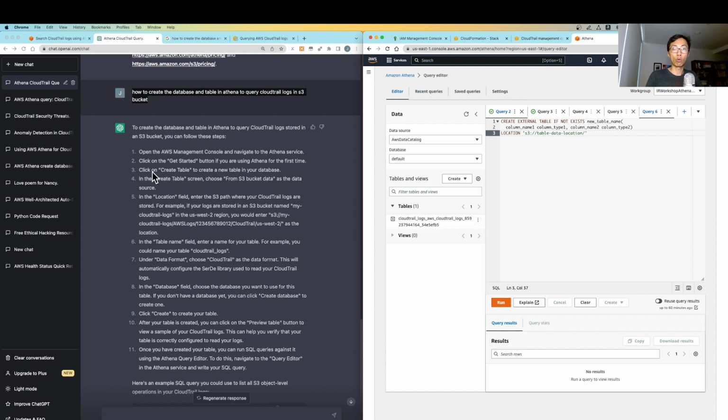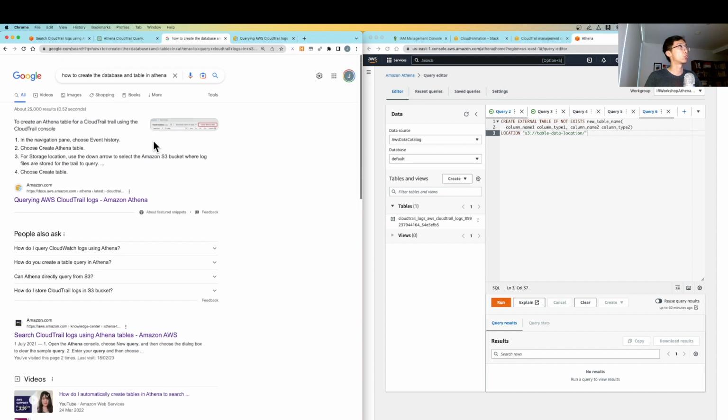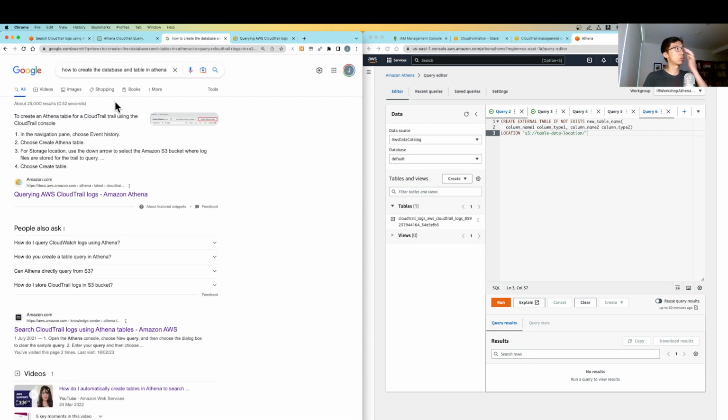So assuming you're not familiar with Athena and try to rely on ChatGPT to teach you how to create this database and tables so you can query those CloudTrail logs, it will be a bit of a challenge for you. You might get confused as to what I did before. But if we compare, like using a search engine like Google to search this query,